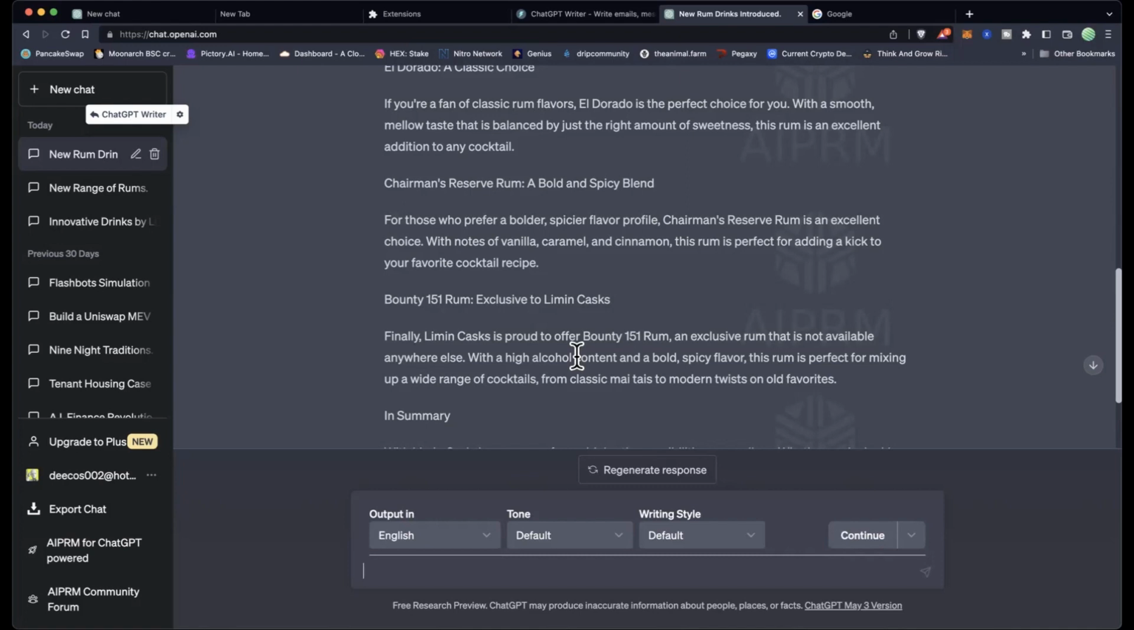And then the last one, Bounty 151 rum, exclusive to Lemon Cast. Finally, Lemon Cast is proud to offer Bounty 151 rum, an exclusive rum that is not available anywhere else, with a high alcohol content and a bold, spicy flavor. This rum is perfect for mixing up in a wide range of cocktails, from classic